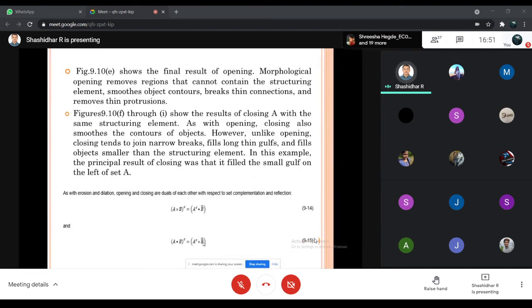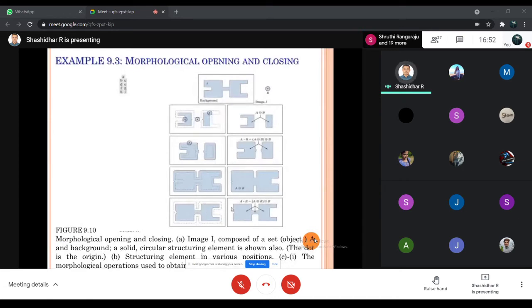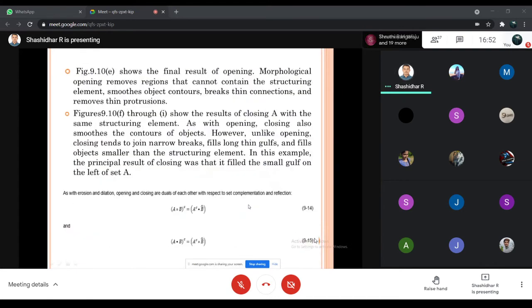Morphological opening removes regions that cannot contain the structuring element and smooths the object contours. It breaks thin connections and removes thin portions. Then in figures F, G, H, the result is for closing with the same structuring element as in opening. So closing also smooths the contours